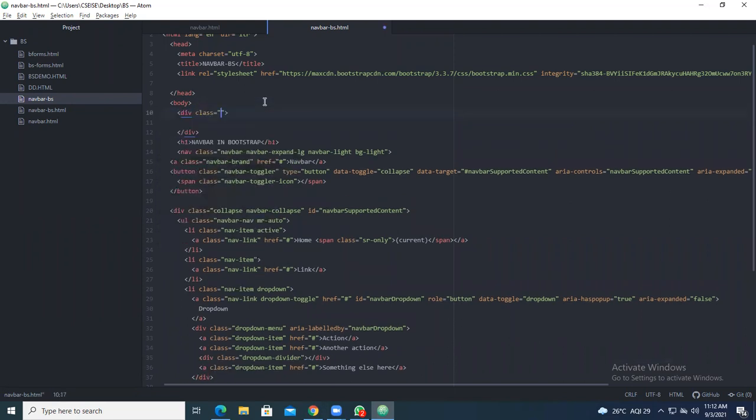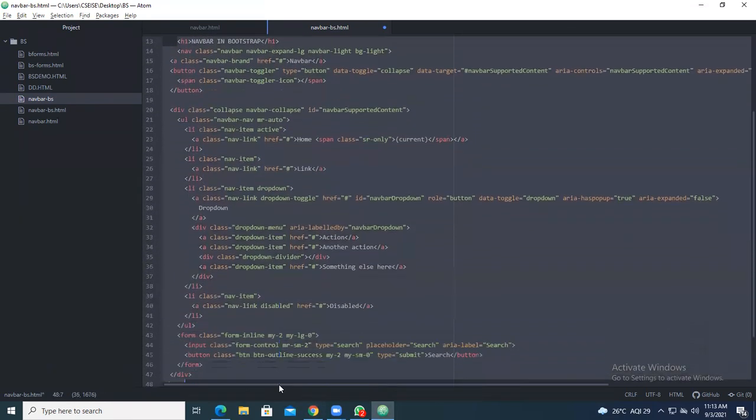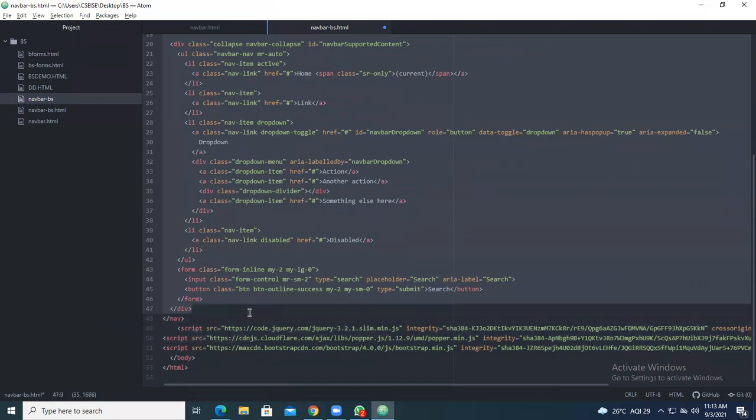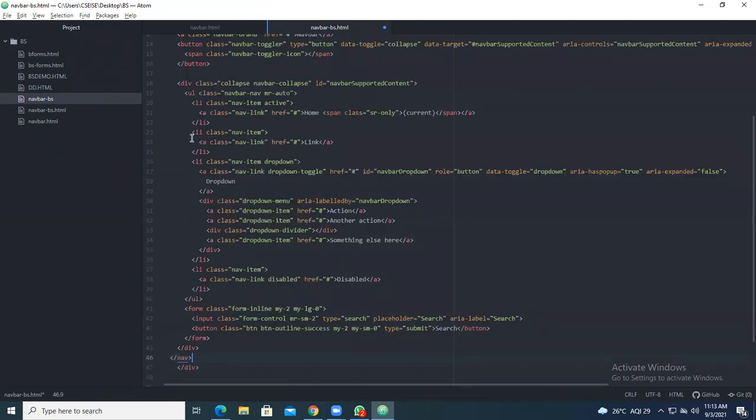Take a div, go for the class, and take container. Starting from H1, the entire thing, cut it and paste it in the div class.